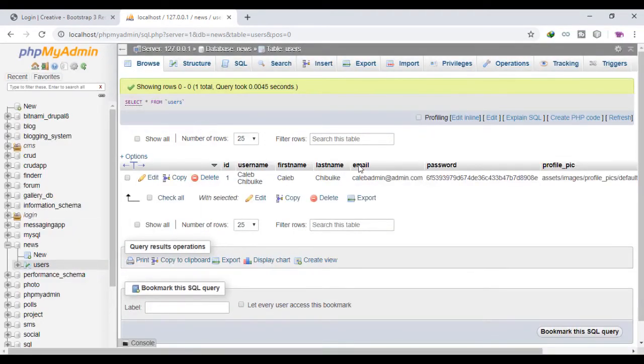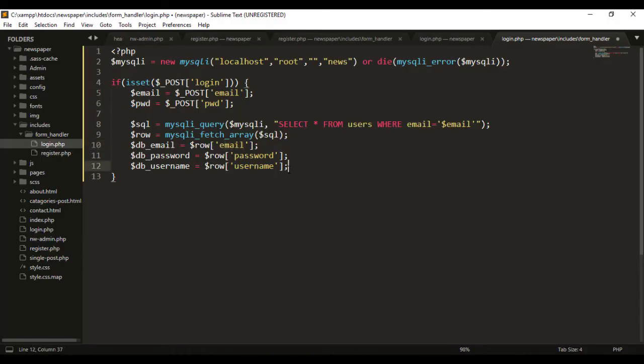Okay, this email right here, and the password and the username. So those are the stuff we are fetching out. Okay, so let's go with an if statement. So if db_email is equal to the email, that's this email right here, and